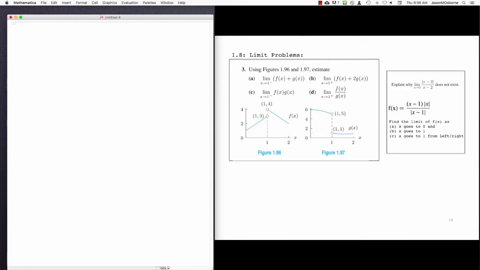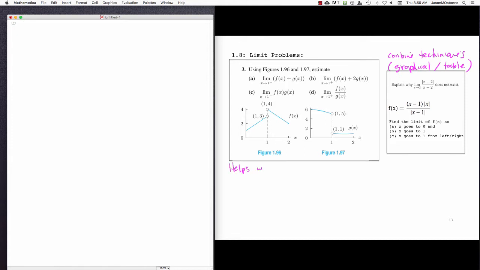This is a video on section 1.8, some more limit problems that explore a couple different techniques. So sometimes solving a limit problem can combine techniques. We can combine, say, graphical and table of values techniques. And oftentimes this combination of techniques really helps